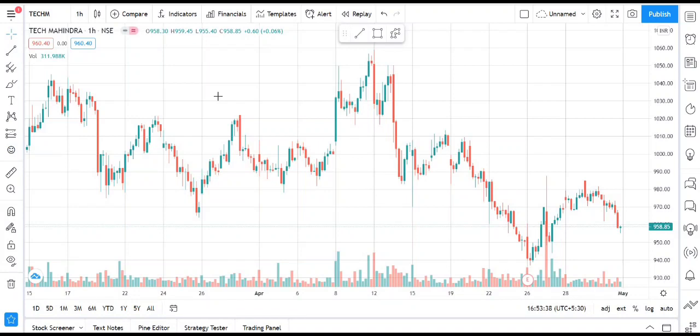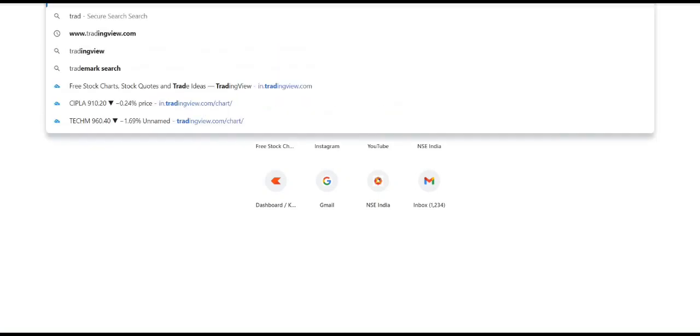One of my favorite platforms is tradingview.com. All you have to do is go to Google, type tradingview.com, and you will be sent to the site, or let me show you better. Here we are. I have a shortcut over here, but you can just type it, and www.tradingview.com is here.